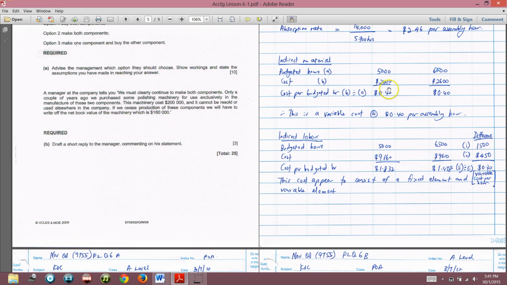So that's why when the budgeted hours increase, this cost increase is the variable cost. The increase is the cost of the variable wage